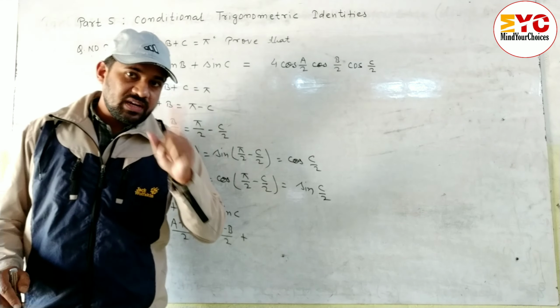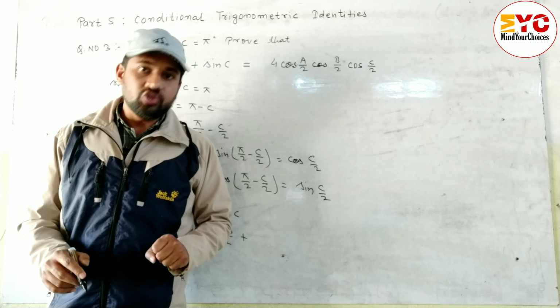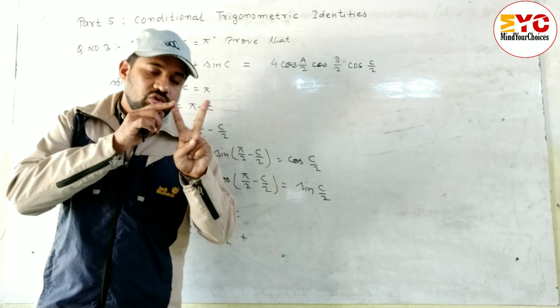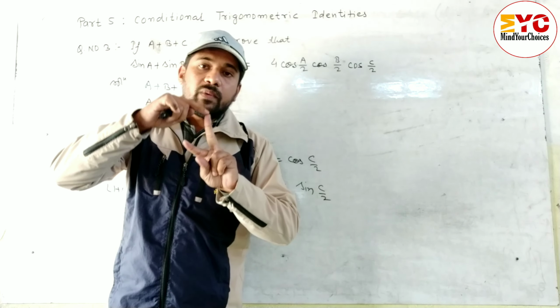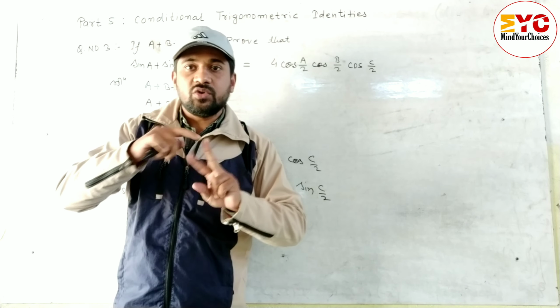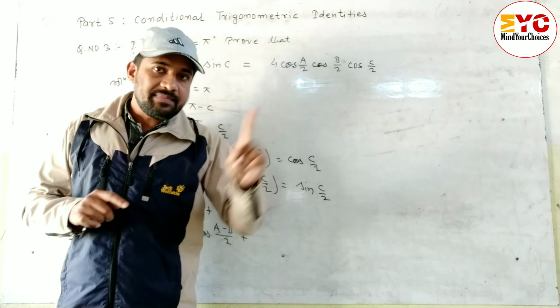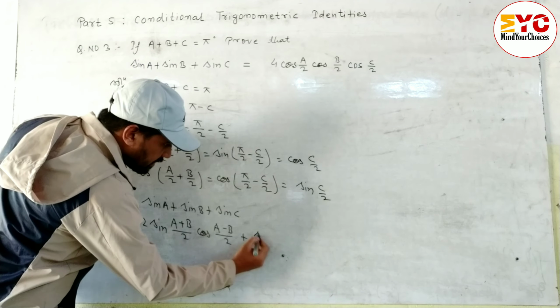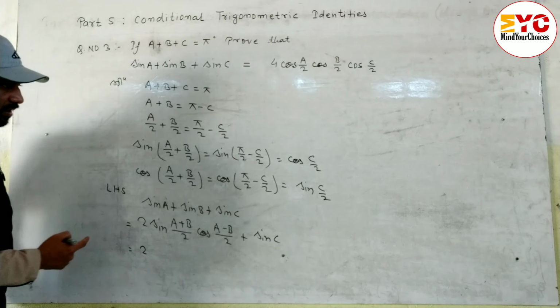Plus, now look here, sine C: we have to use only one formula of sine C, 2 sine C by 2 cos C by 2. We have only one formula to use here. For cos there are formulas like 2 cos square c by 2 minus 1, or 1 minus 2 sine square c by 2, but for sine c we have to use only one, 2 sine c by 2 cos c by 2. So write down first sine c by 2. Next step you can write down this formula. 2, what is the value of here?